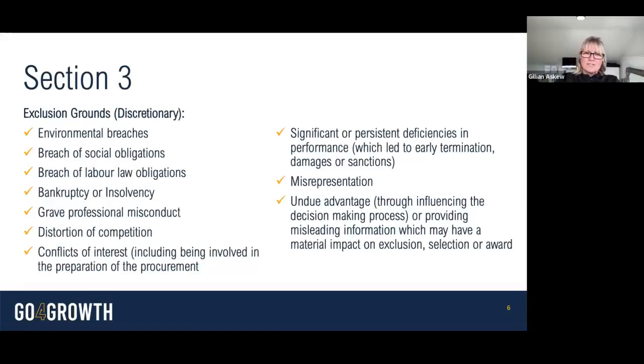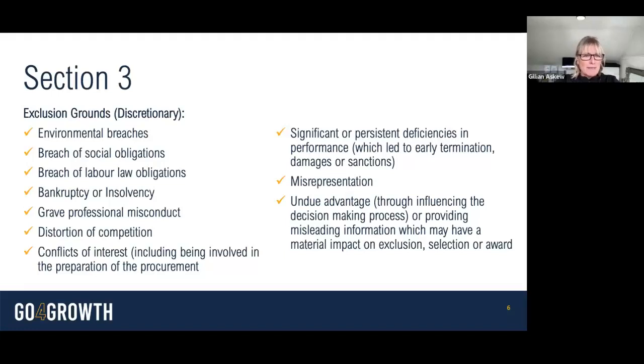In terms of exclusionary grounds that are discretionary, the regulations allow for but don't mandate that bidders could be excluded under certain grounds. Unlike the mandatory grounds for exclusion, they don't cover specific criminal offences. And so therefore, what that means in practice is the decision to exclude would be taken on a case-by-case basis by the contracting authority who's letting the contract.